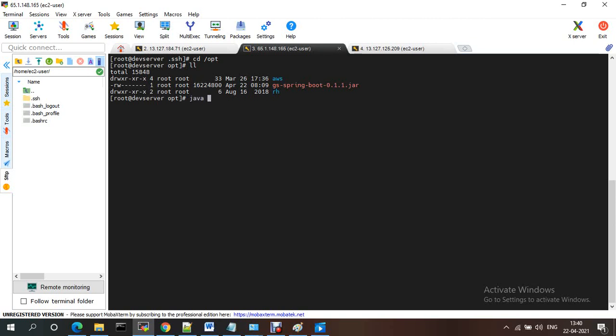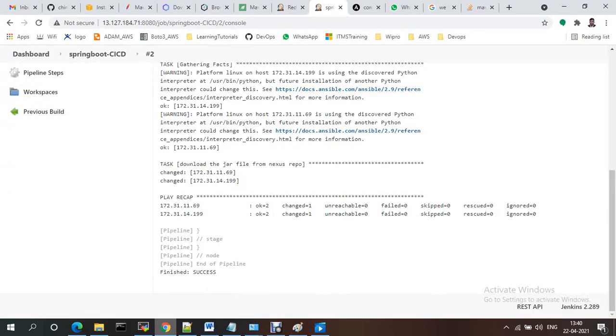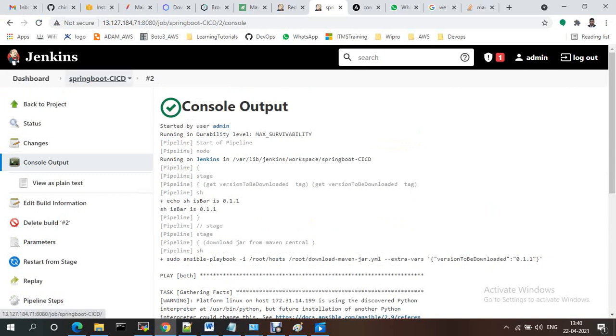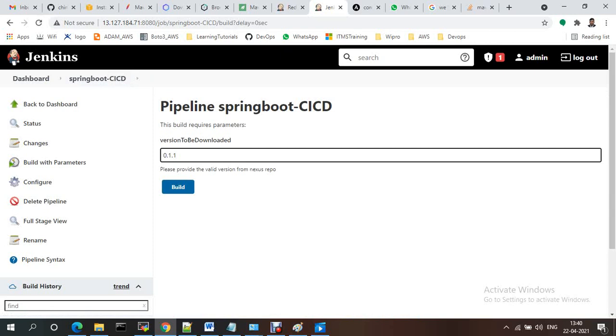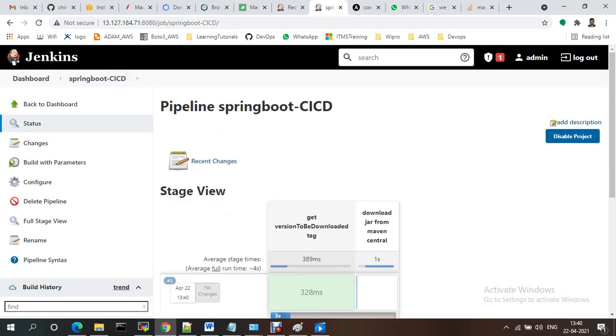You can run directly now, like you know how to run the jar file. So java -jar and the jar file name. Java is not there on this machine, that's why it is getting an error. You just need to install Java and run this file, and it will work. So if you want to give another version, you just need to provide another version, like 2.2, and you can run directly.